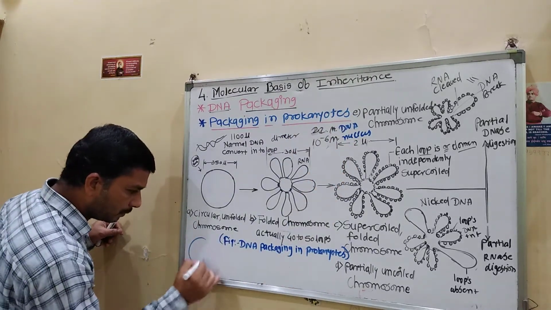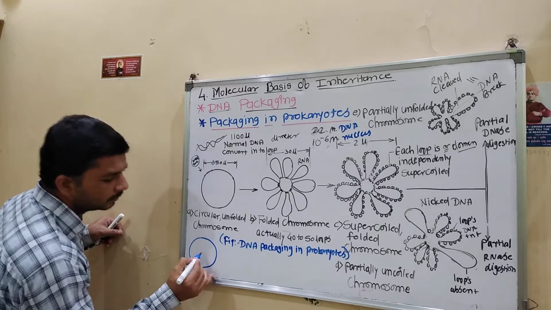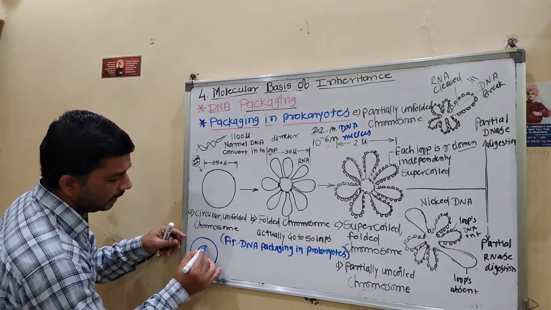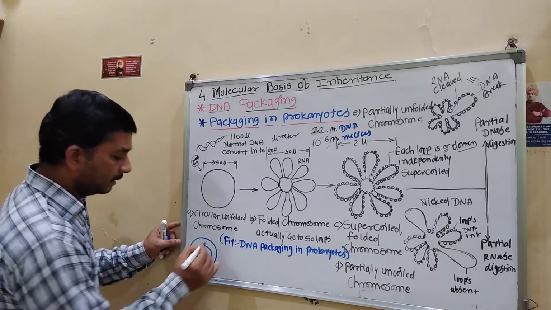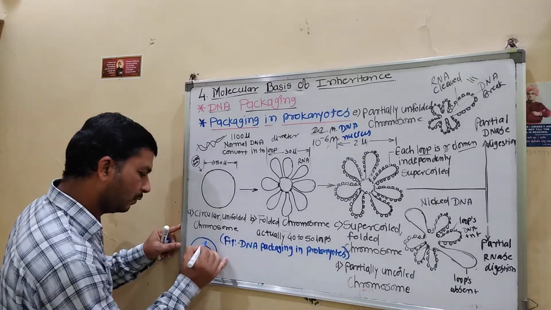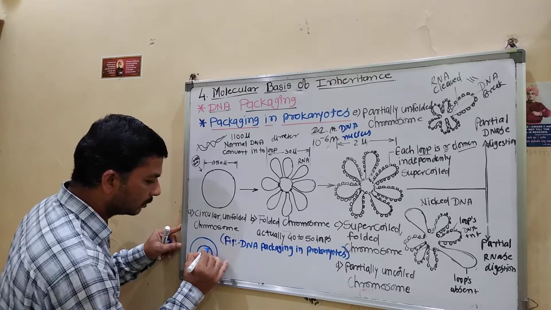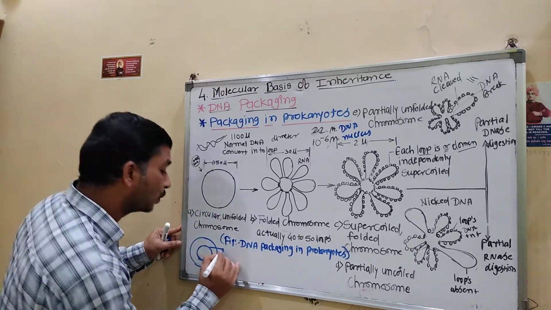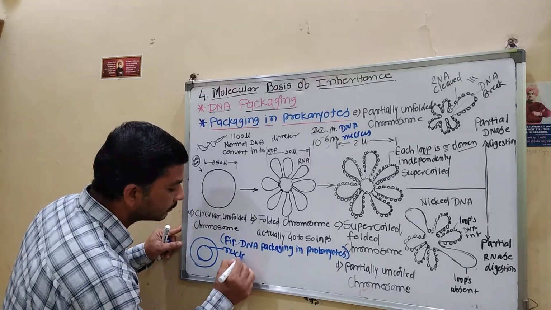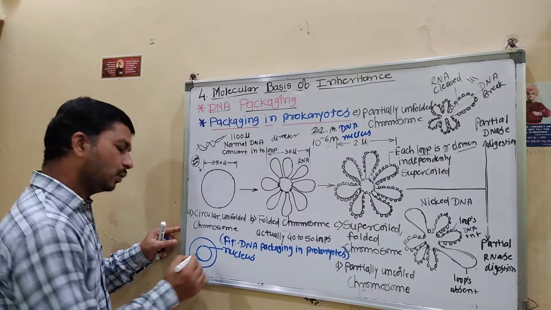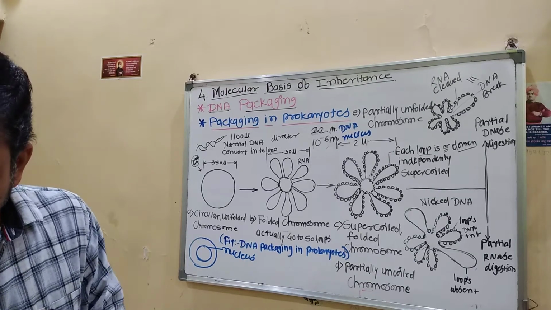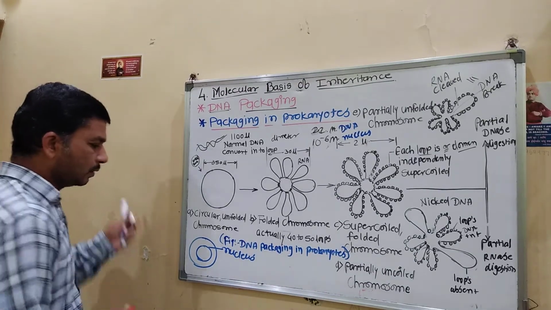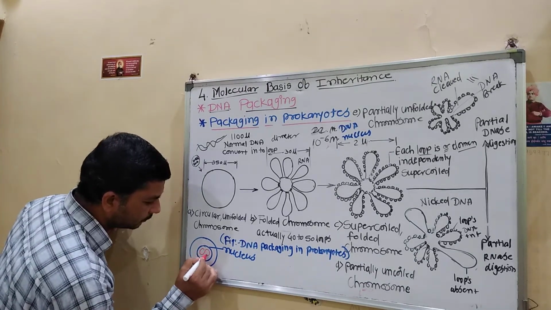Here, for example, we take this is a cell. What is this? This is a cell. Inside the cell, we found a nucleus. Inside the nucleus, what do we find? We found this